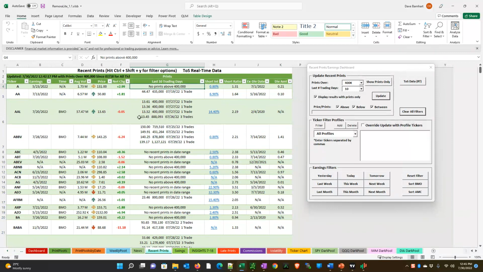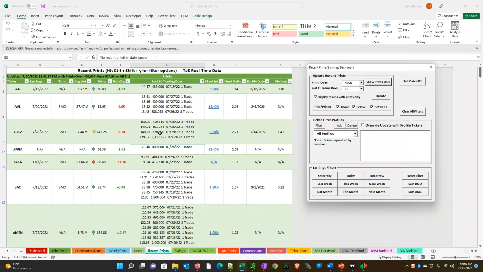This ABC says no recent prints in date range, meaning that in the last 10 trading days, there weren't any prints at all. So what we're interested in here is if I go show prints only, then that brings us back to our selection. But if we're looking for longs or shorts in this,